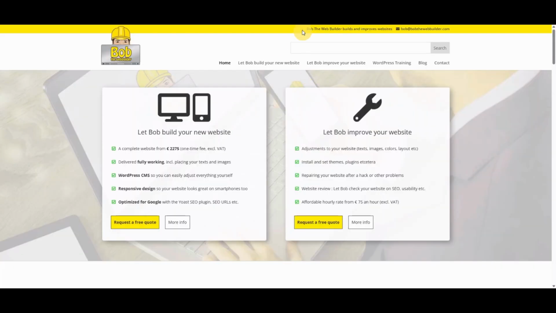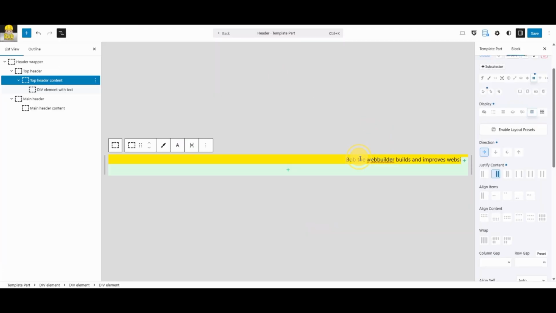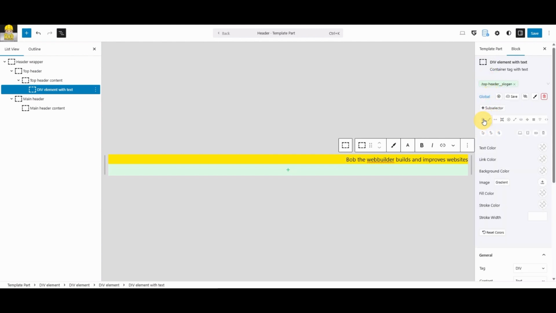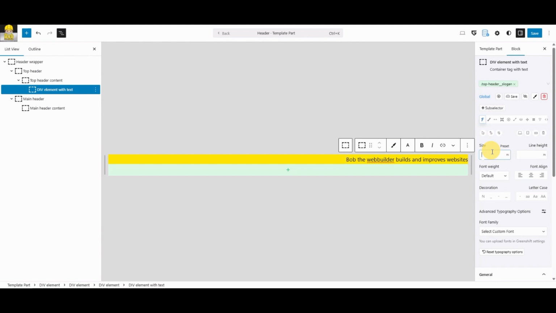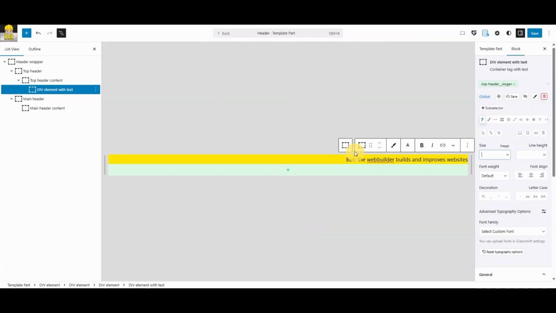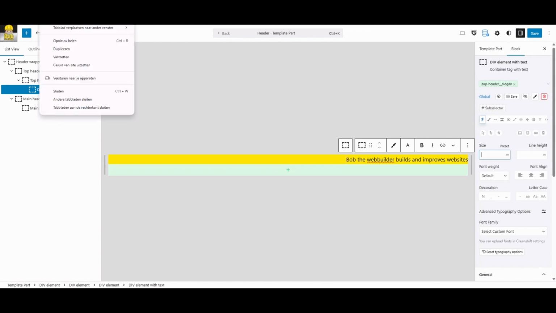Okay, next thing we see is that this is with a smaller font than this one, so we need to adjust the font size. And you could just do that on the class, of course. Over here, we can set the font size, but we want to reuse this font size maybe somewhere else in the site as well. We at least need it for the email address as well. Maybe also for the menu. It seems a little bit larger, but okay. So we are going to make a variable for this that we can use all through the site. So for that, we are going to duplicate this